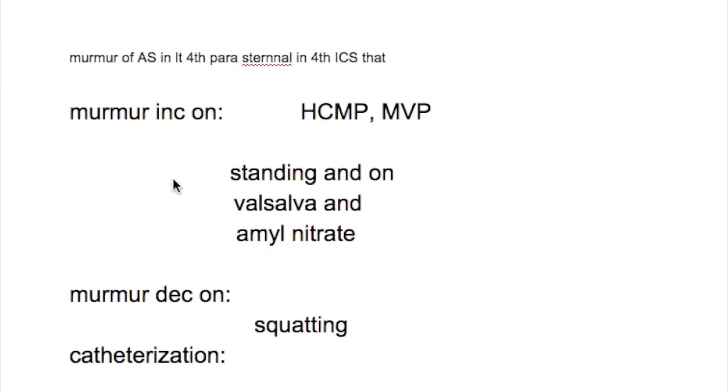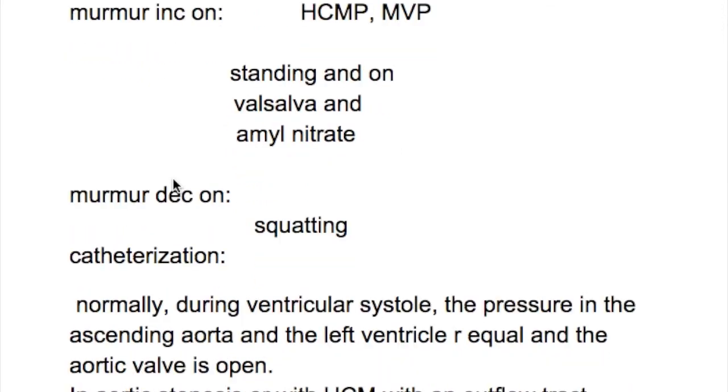What is the effect of positional change on the murmur of hypertrophic cardiomyopathy? Usually the murmur decreases on standing and on Valsalva maneuver. But in these two conditions, hypertrophic cardiomyopathy and mitral valve prolapse, the murmur increases on standing and on Valsalva maneuver. What is the finding in